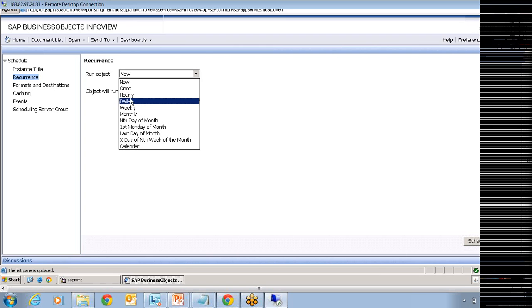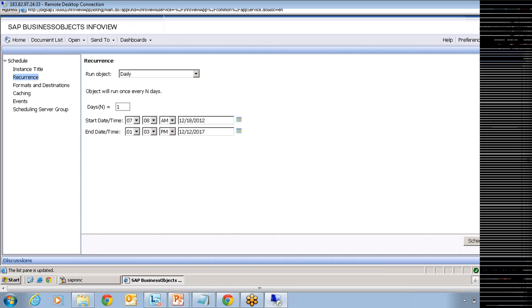But if you want hourly or daily, for example, let's say I'll select daily. As soon as you select daily, how many times do you want to schedule daily? Only one time. At what time do I want to start this schedule? Set some time. Every day I want to execute this report at around 8 o'clock in the morning. Select that time, and you also need to select an end time.